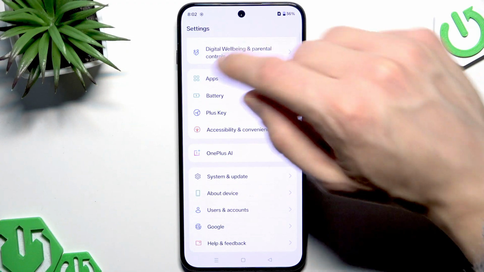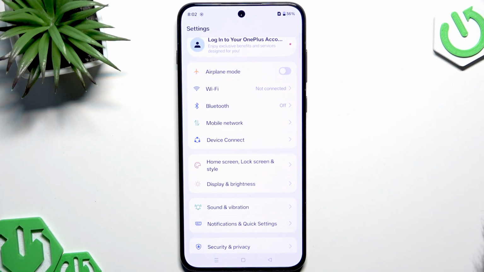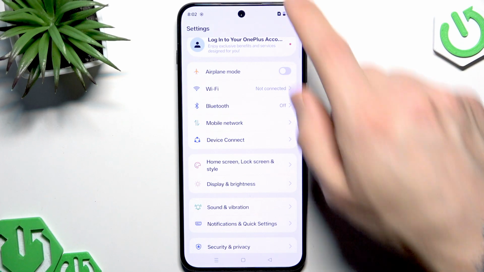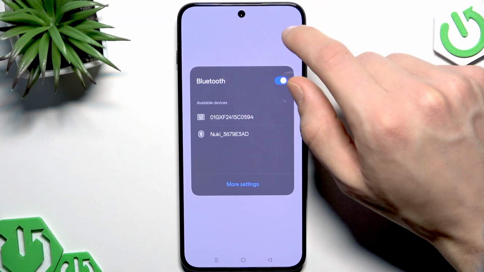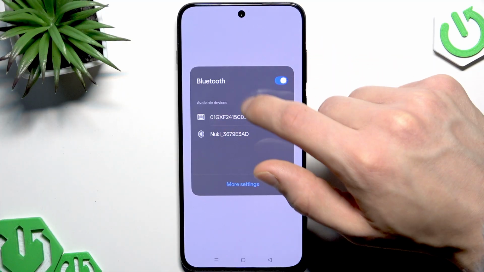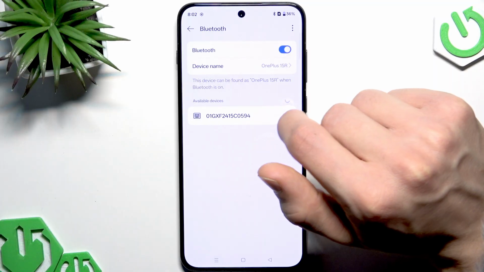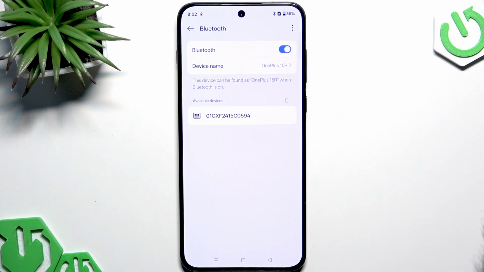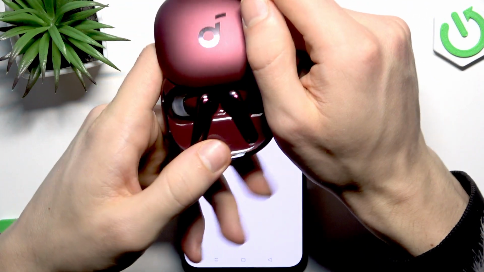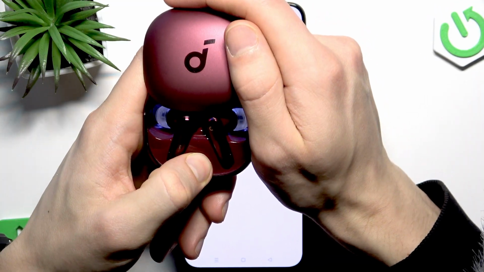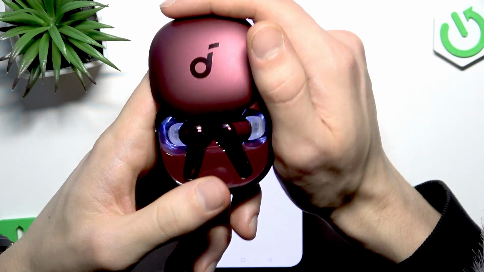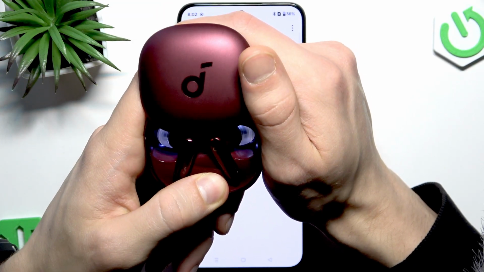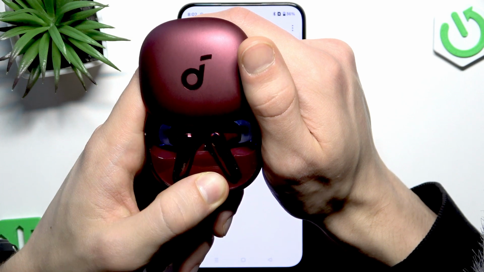Now, in case of Bluetooth headphones, the first thing that we should do is turn the Bluetooth off and on again, and let our Bluetooth reconnect with our Bluetooth headphones. Before connecting your Bluetooth headphones to your smartphone, make sure to put them into pairing mode. Now, there is no one direct way to do so. You just have to make sure that your Bluetooth device starts flashing rapidly,